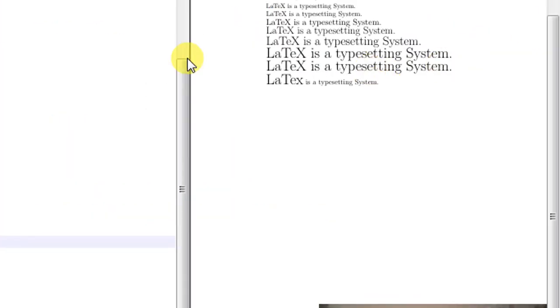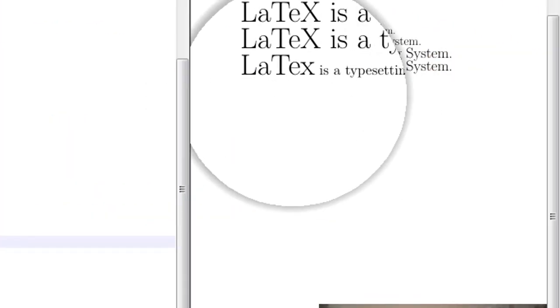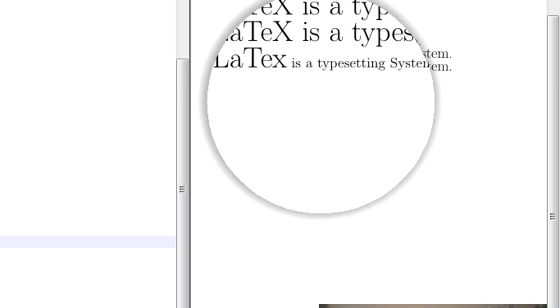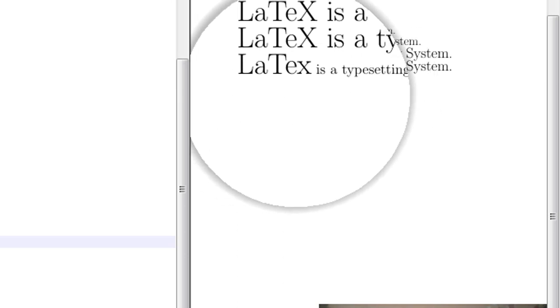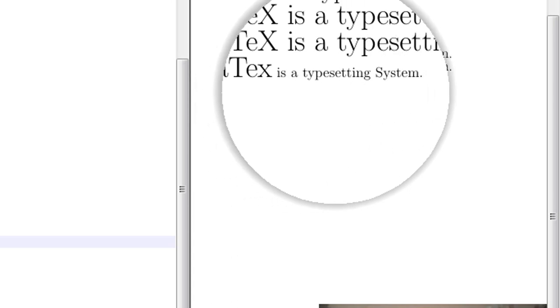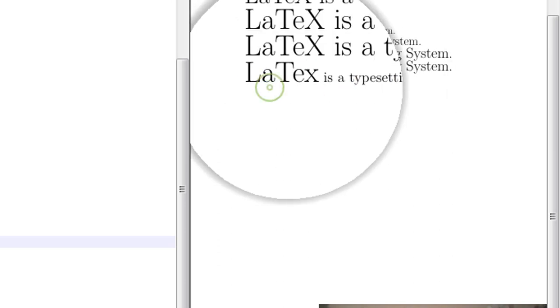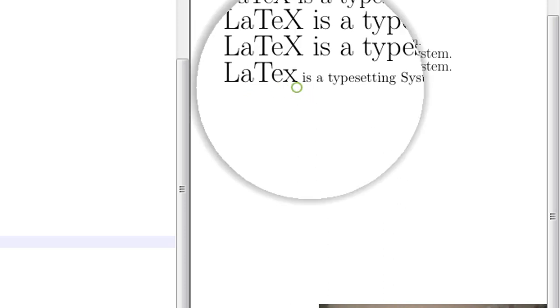If you see here, the last sentence, "LaTeX is a typesetting system", only the word LaTeX is bigger as compared to the remaining text. The remaining text is of 12-point font. In this way, any part of your sentence, any word, any paragraph, any line, can be highlighted by putting a bigger font size or a smaller font size.